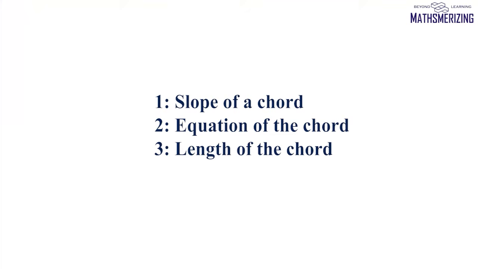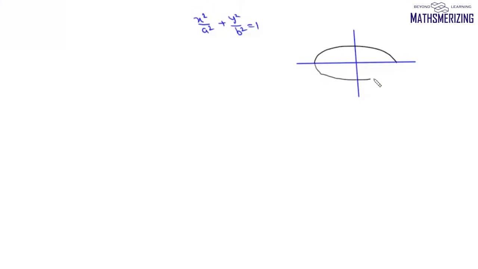In this video, we'll be discussing slope of a chord, equation of a chord, and length of a chord in case of an ellipse. So suppose we have an ellipse whose equation is x square upon a square plus y square upon b square equals 1. So we'll draw this ellipse. Now say we have a chord